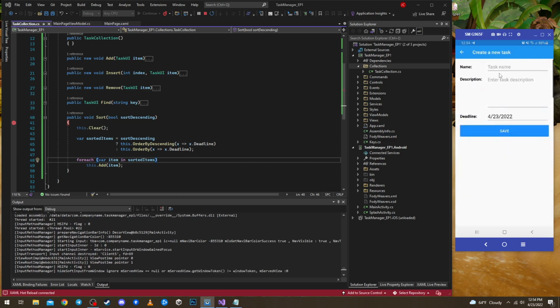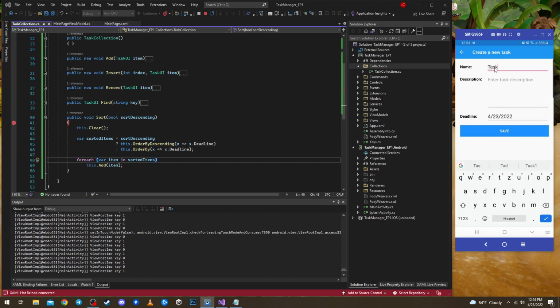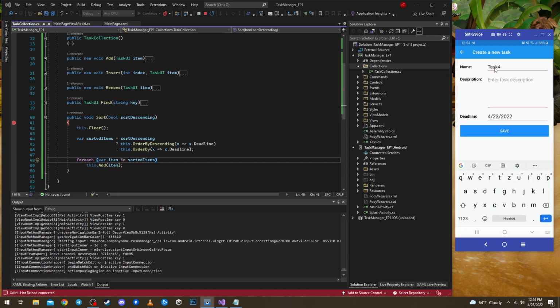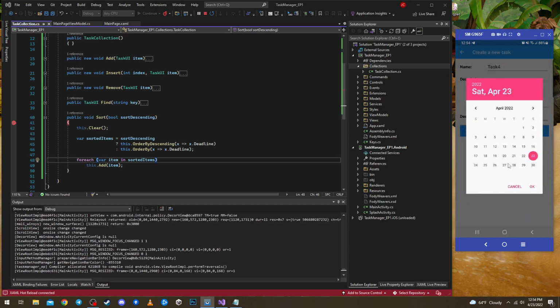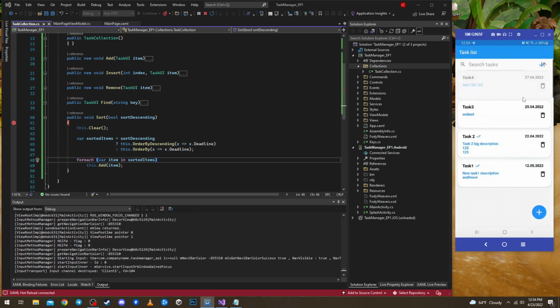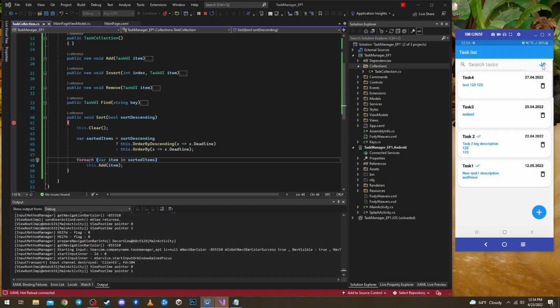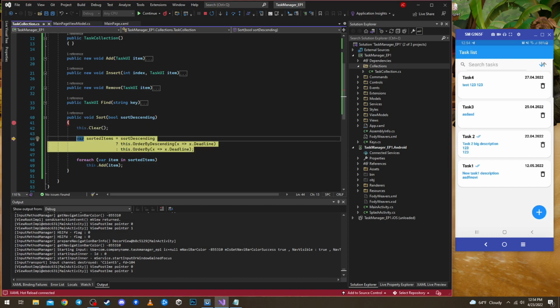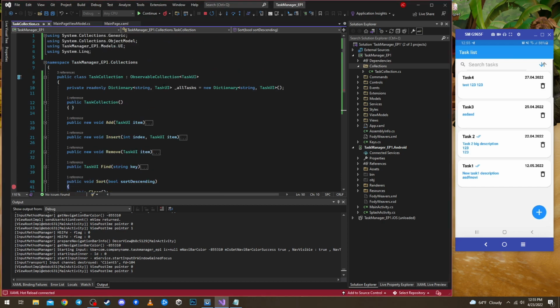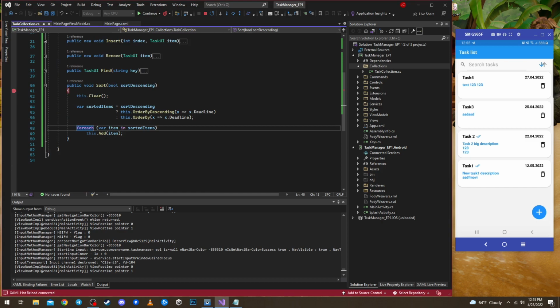Let's add something like task four, test 1 2 3, 1 2 3. Let's say this is the 27th. And now when you press this button, this.Clear should remove all items because this now has 0 items. But so when we go over the sorted items,